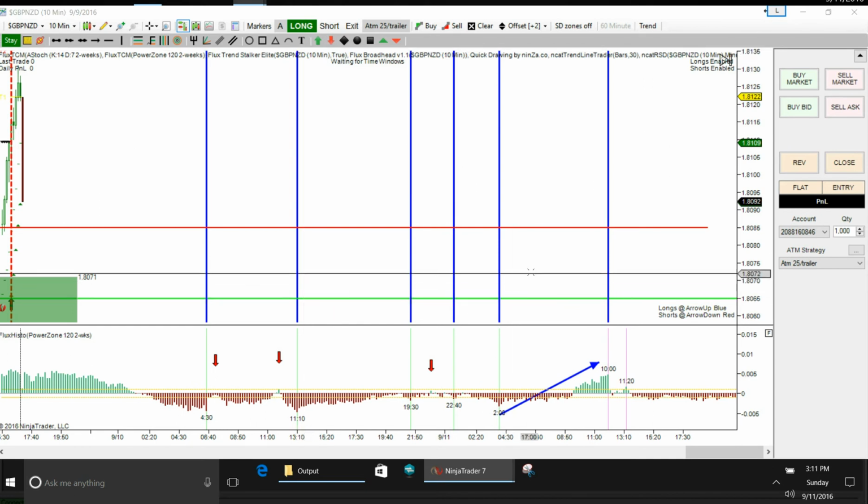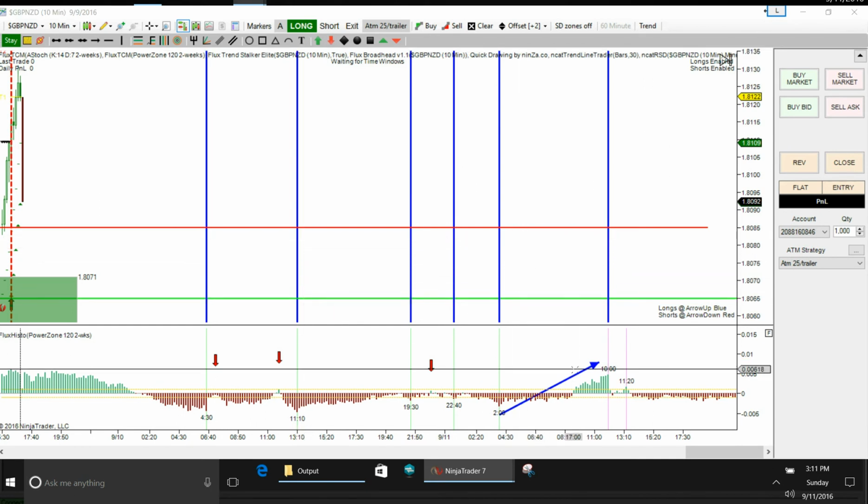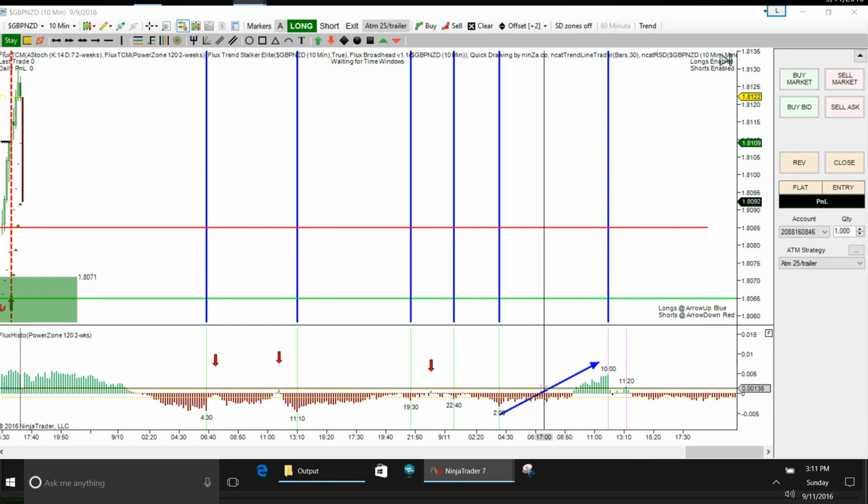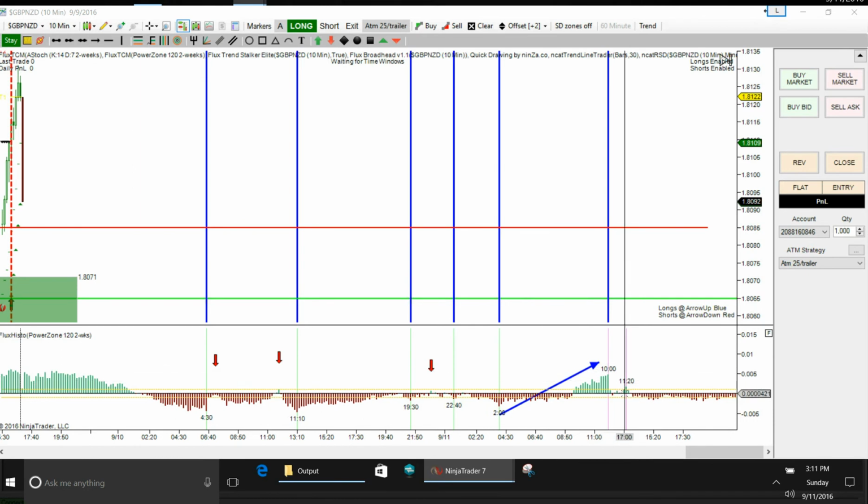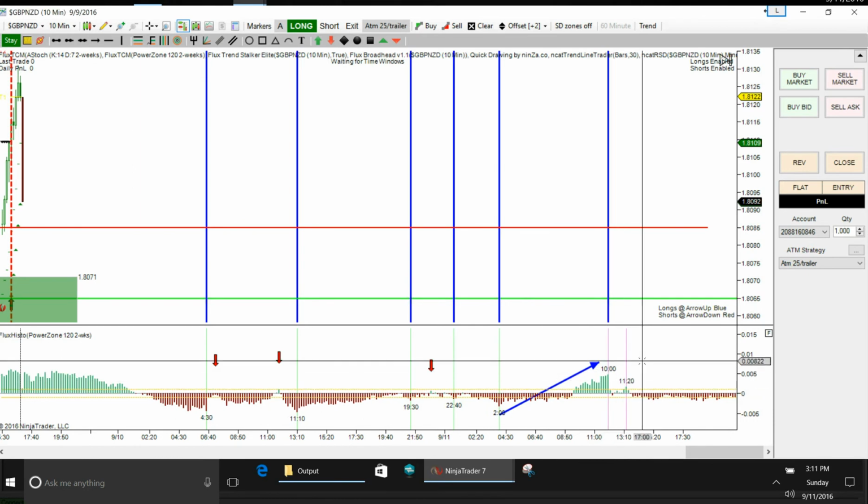Yeah, long and short trades with the Great British Pound New Zealand dollar. So like I said, this one is probably going to be the one I'm really going to be looking at, and then definitely look to exit because you can see the drop coming here big time. All right,